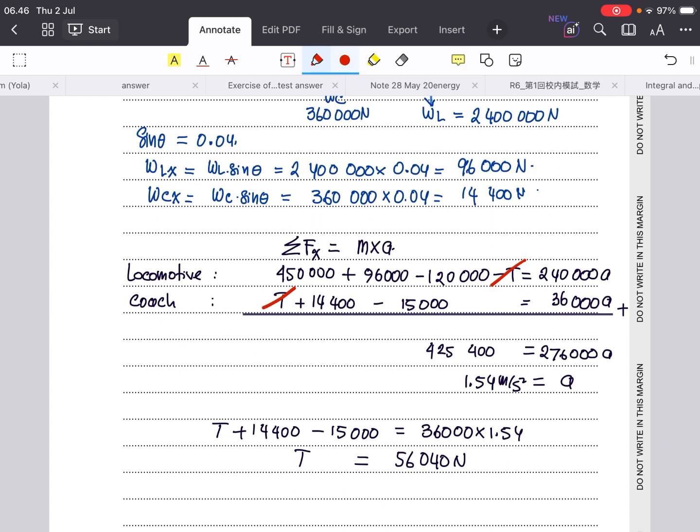And then we can find the value of A. The value of A is 1.54 meter per second square. Using one of these two equations, I'm using the second equation here. Using one of the equations, we can also find the value of T. So T is 56,040